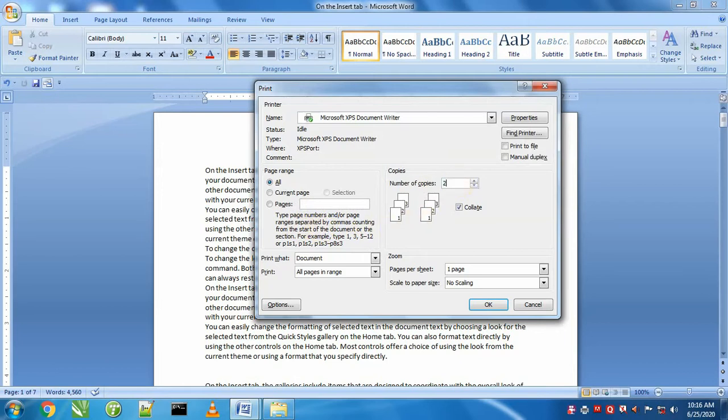If we say print to set, and this option is called collate, we can keep this option on or off. If this option is on, in that case it will print first one complete set and then a second complete set. But if we keep this option off, it will print like this: first page 2 copies, then second page 2 copies, then third page 2 copies. Means every page will be printed that number of times. If there are 3 sets, in that case the first page will be printed 3 times, then 3 copies of the second page, then the third, and the sets we have to make manually.